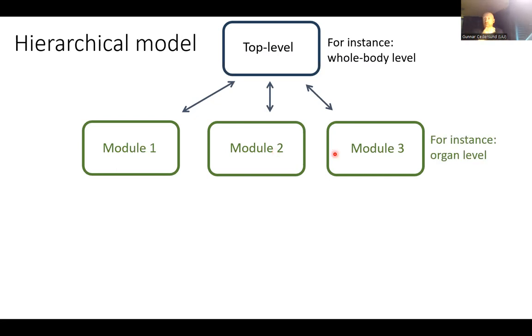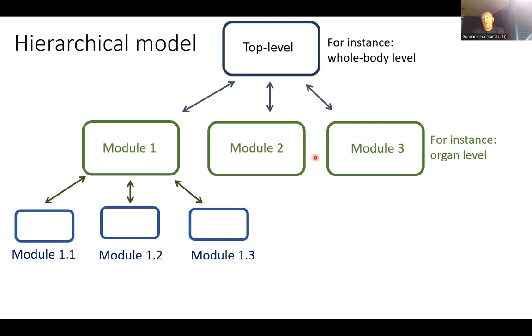And here, these might be the different organs. So one module might be the heart, one might be the liver, one might be the brain, and so on. And then within each such organ model, we might have submodels, which might correspond to different cells that make up the organ, or things that happen inside the cell. So this might be the cell level, or even the intracellular level. So you see, you have different levels of biological organization, which is why you call this a